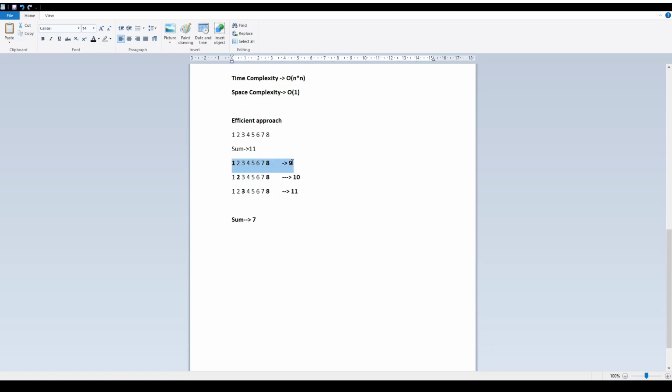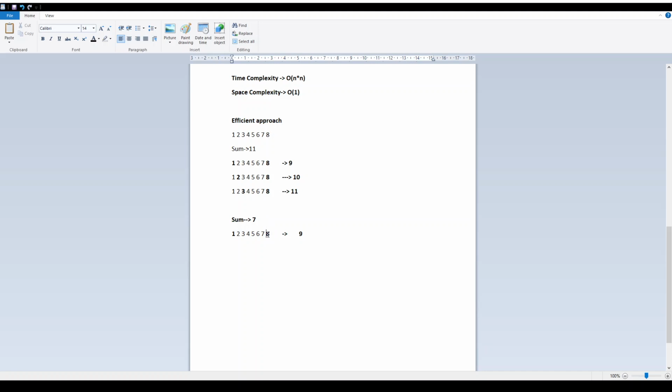The first iteration will be the same: we have the low pointer at 1 and the high pointer at 8, and our sum is 9. We see that 9 is greater than our required sum of 7, so we'll move the high pointer, because we have to come closer to 7 and decrease our sum value.